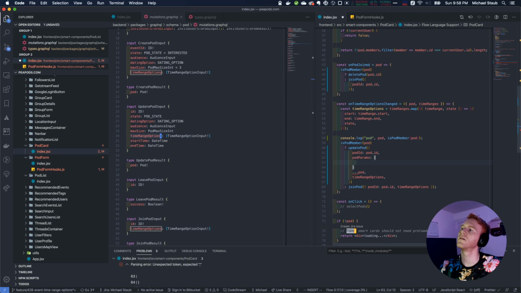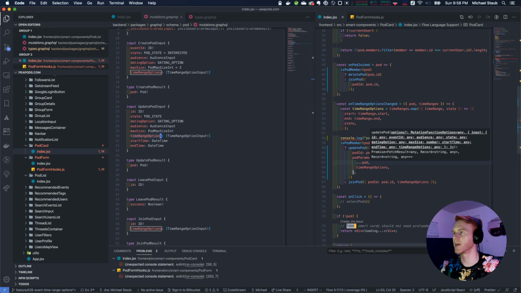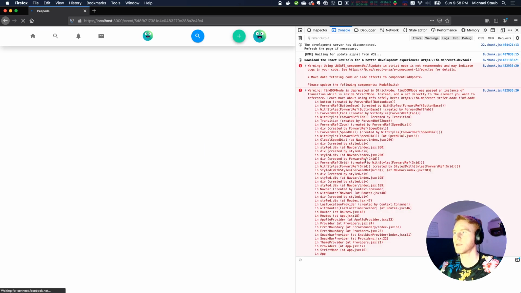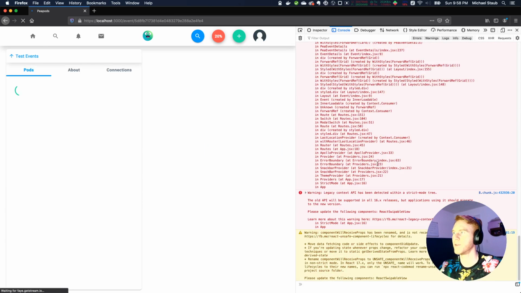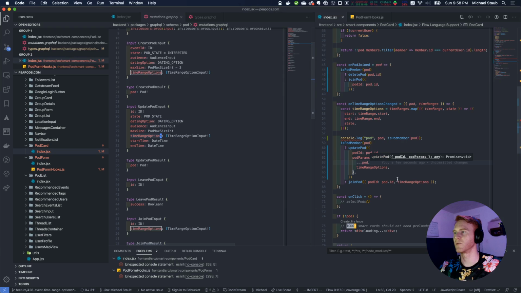Well, can I just do this? I don't think so. I think it's going to complain because we have extra properties in here, like the client-side fields. So 10 to midnight, bam, there's our time range. Save it. Oh yeah, see, invalid value, type name. Okay, so we actually can't do it. We can't cheat. So we can't just spread over the pod. We have to say